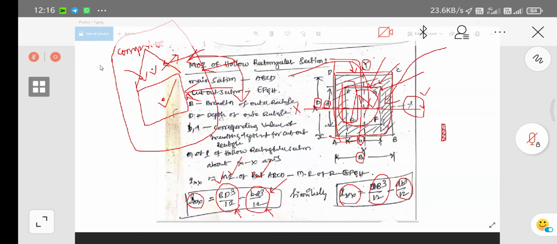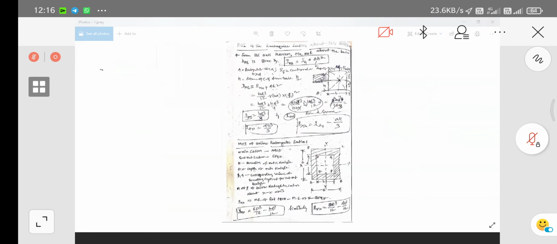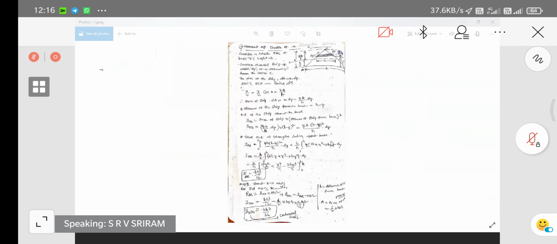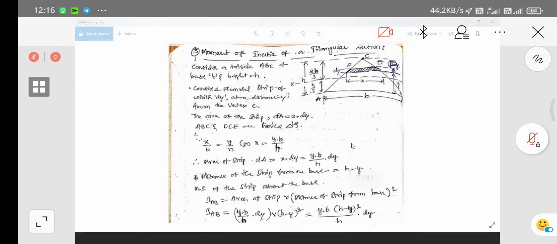Now this is for the rectangle we have completed. Then go for the triangle. How to find it is very easy. Whatever procedure we used for finding the moment of inertia is the same as we applied in finding the centroid for the circle, semicircle, square, rectangle and triangle. Only the application of the parallel axis theorem and perpendicular axis theorem is the difference.